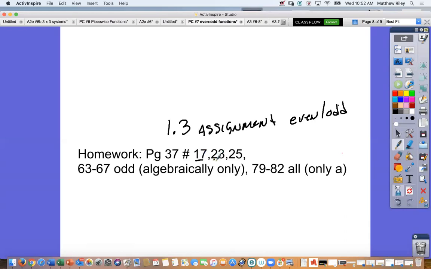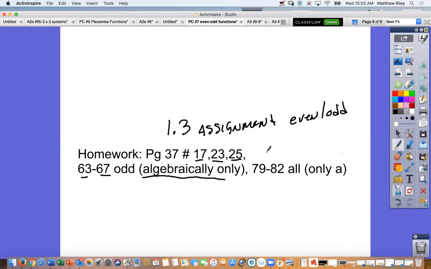So you have 1, 2, 3, 63, 65, and 67. So that's 3 more problems, odd only. Now the directions are going to say do it graphing, but you only have to do it algebraically. Now, if it just says even or odd, just tell me whether it's even or odd and explain why. A quick explanation why. For instance, you could say it has an even exponent and an odd exponent. Or it has 3 evens, 1 odd. Or it has all even exponents. Or it has all odd